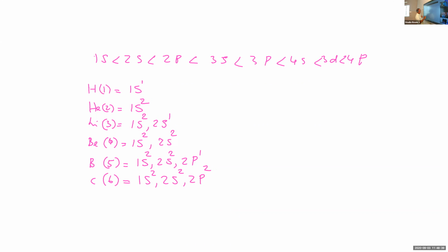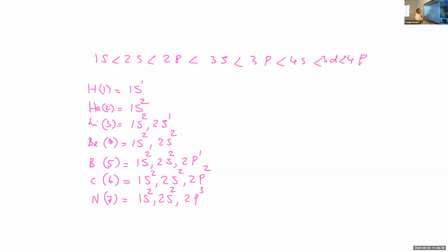Atomic number 7, nitrogen. The similar way you can write along with me. It is 1s2, then 2s maximum 2, so 4 electrons. There are 3 more electrons, and the remaining 3 electrons will be in the next higher energy level, that is 2p level. So 2p3, that's the configuration of nitrogen.